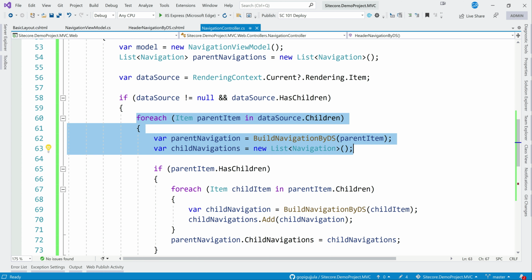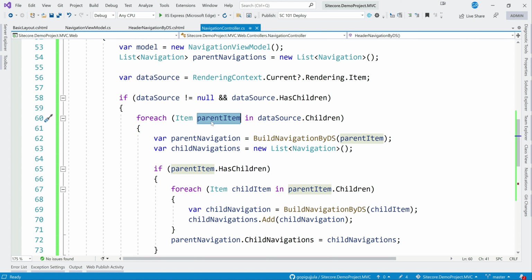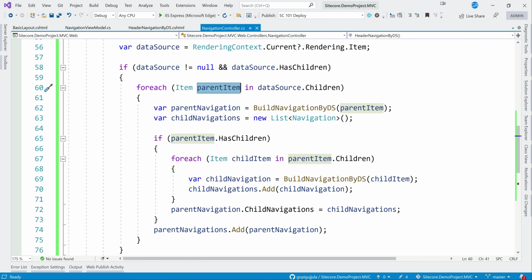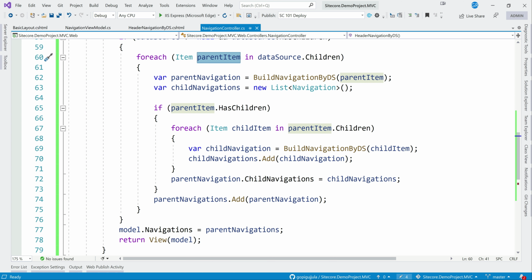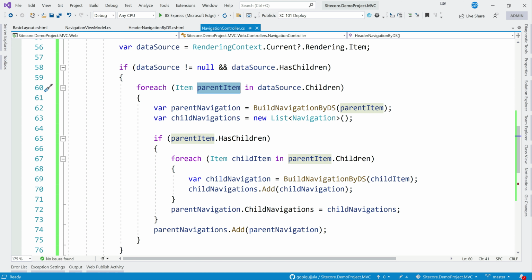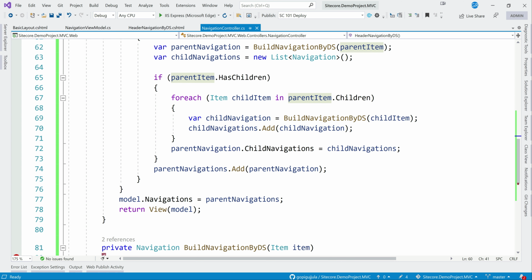And while looping, if the parent item under the data source has any more children, we loop through them and add them. Anyway, I'm going to check in this code and leave the link in the description. You can go through this code. So you will have this has children, and again you build it, point it to the child navigation, and bind everything to the parent navigations.